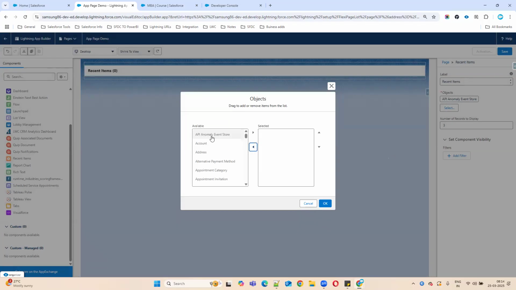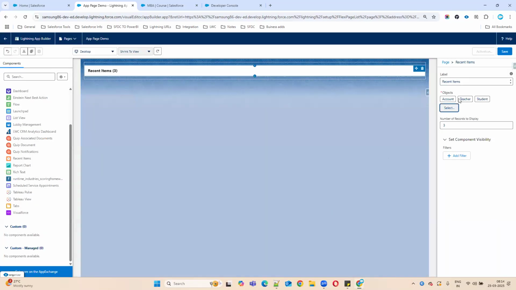For example I will select Account, whatever account was recently opened, and any other object. I'll take Student, Teachers, Students. I'll select these objects.